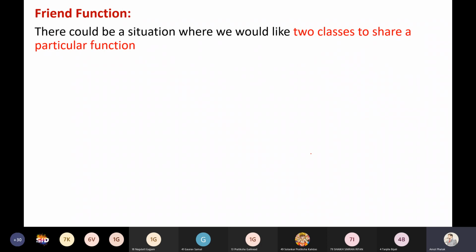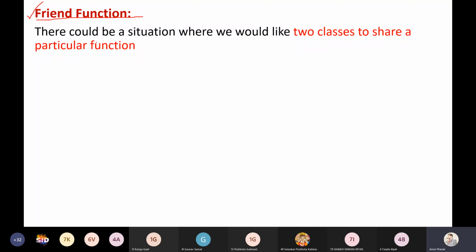See, today we are going to learn the friend function. Last session we learned what is meant by the static function, or static member function. At the same time, we saw what is meant by the static data member. So today we are going to learn the concept of the friend function. The topic of discussion is friend function.